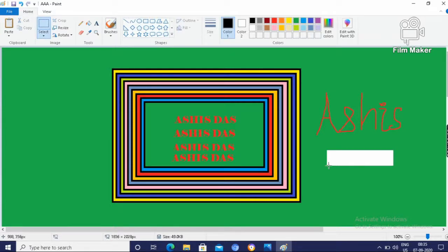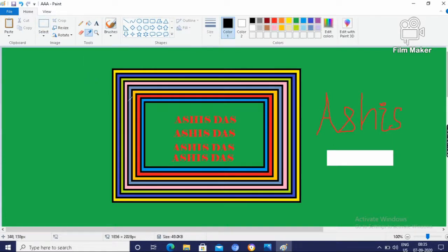And this space can be filled with color by the dropper tool. This is the color picker tool. Click here and click here, it will activate the dropper tool.